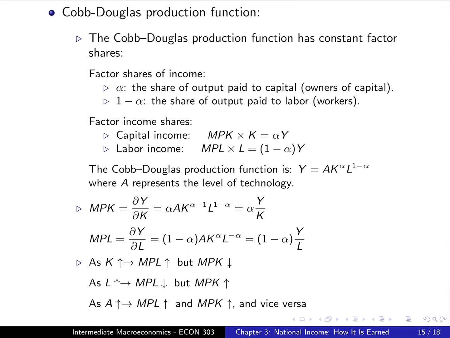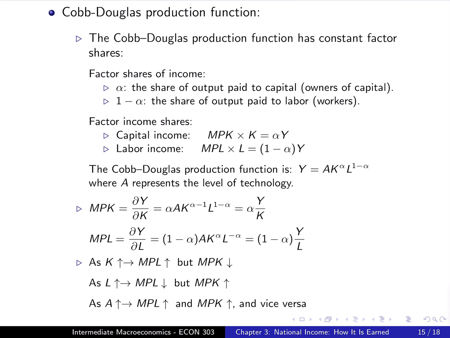Now let's look at one of the most commonly used functional forms in macroeconomics, the Cobb-Douglas production function. The Cobb-Douglas production function is written as Y equals A K to the exponent alpha, L to the exponent 1 minus alpha, where Y is output, K is capital, L is labor, A is total factor productivity or technology, and alpha is a parameter